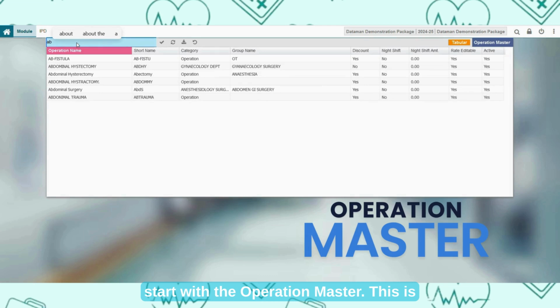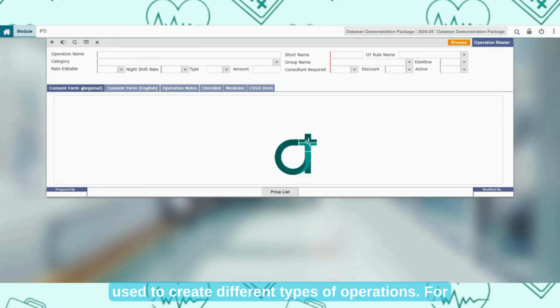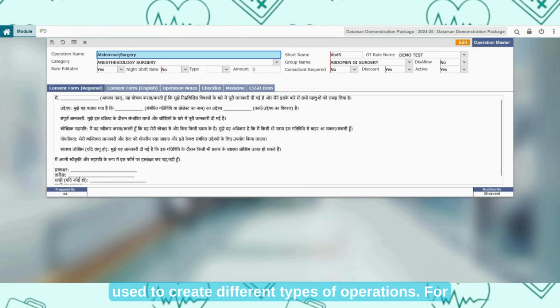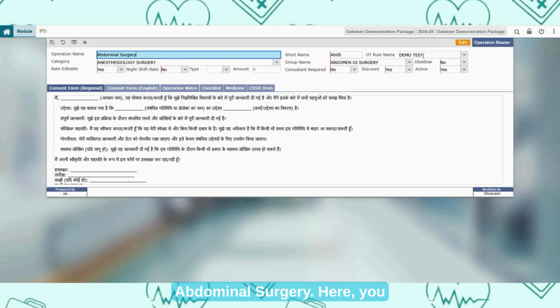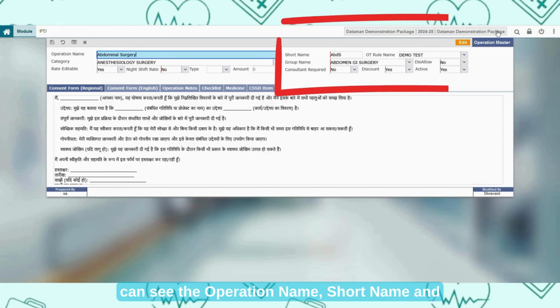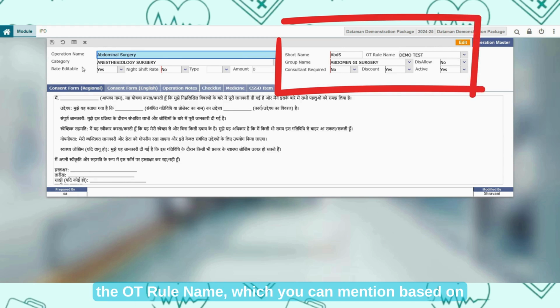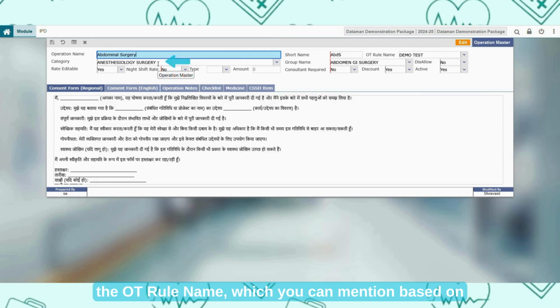Let's start with the Operation Master. This is used to create different types of operations. For example, let's take an existing one, abdominal surgery. Here, you can see the operation name, short name and the OT rule name, which you can mention based on